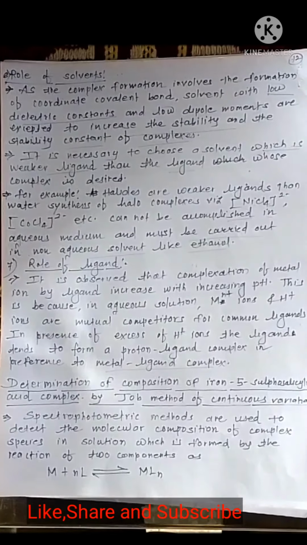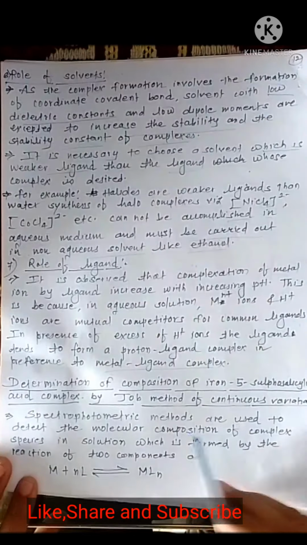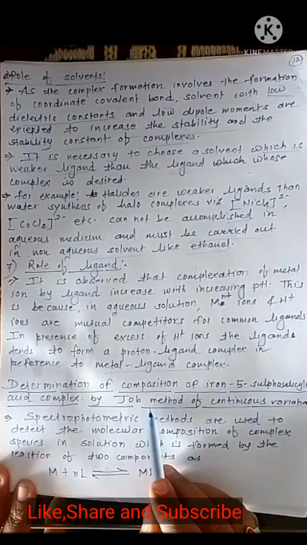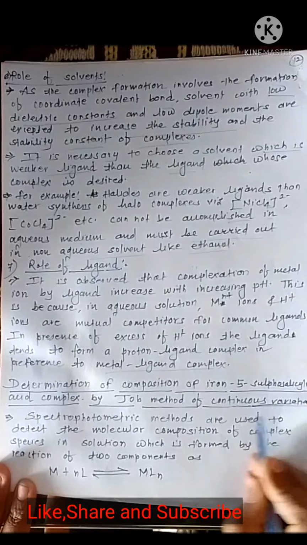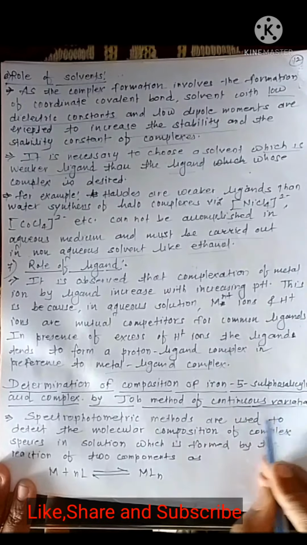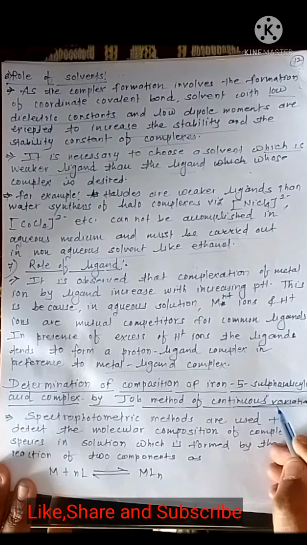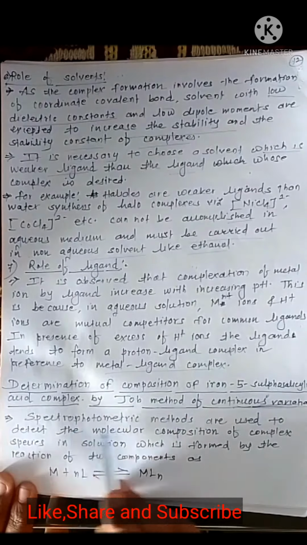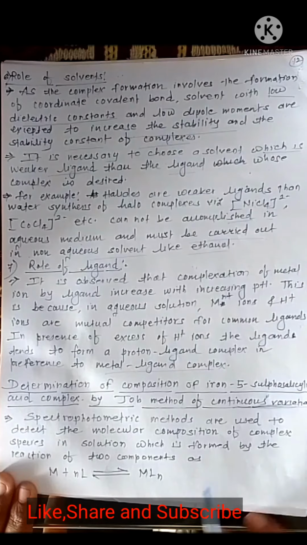Good morning, students. Today we are going to see the determination of composition of iron 5-sulfosalicylic acid complex by Job's method of continuous variation. Just note the name of the method is continuous variation. Now, the spectrophotometric methods are used to detect the molecular composition of complex species in a solution which is